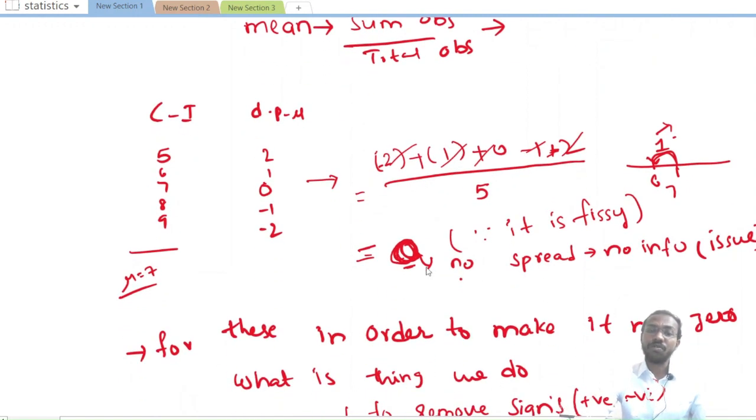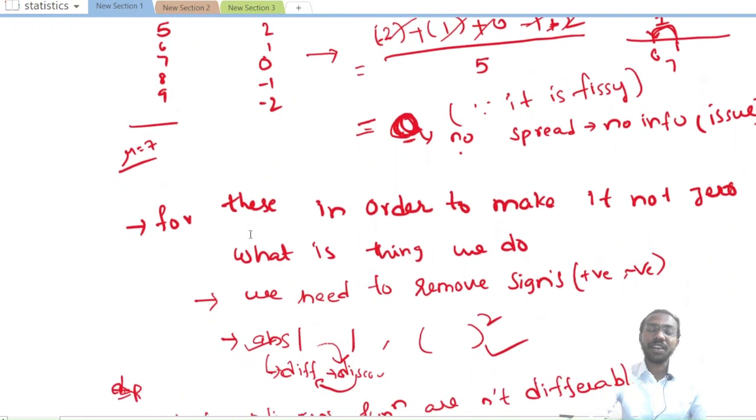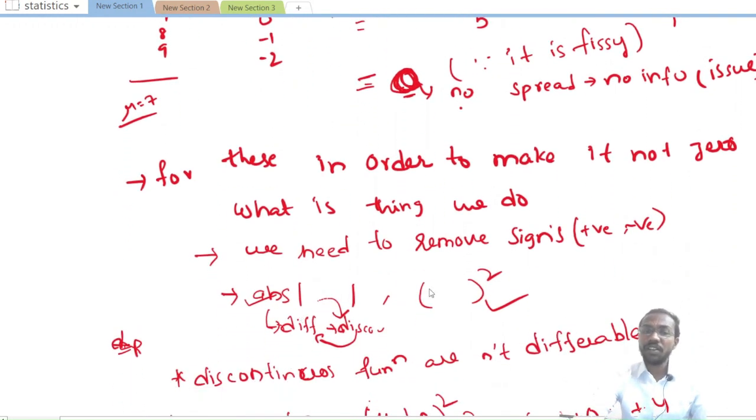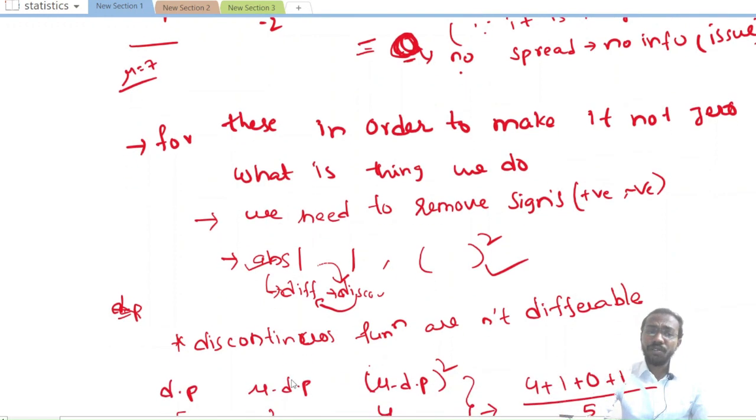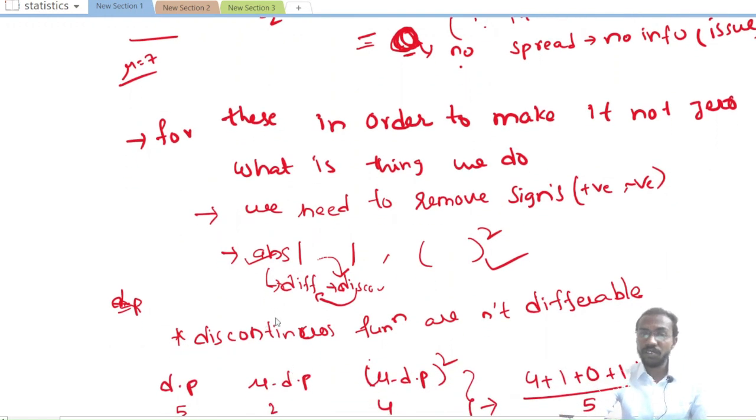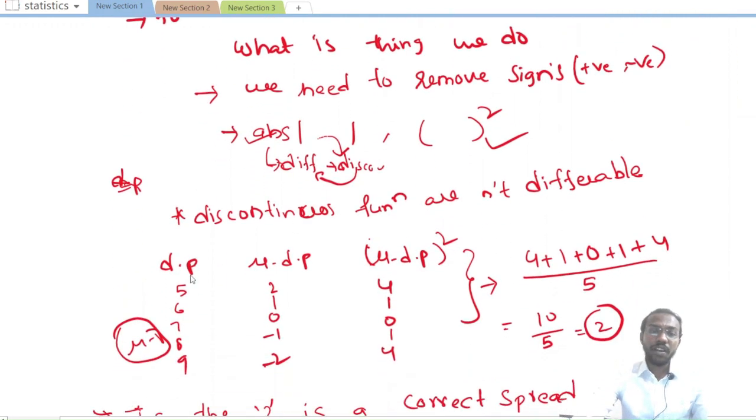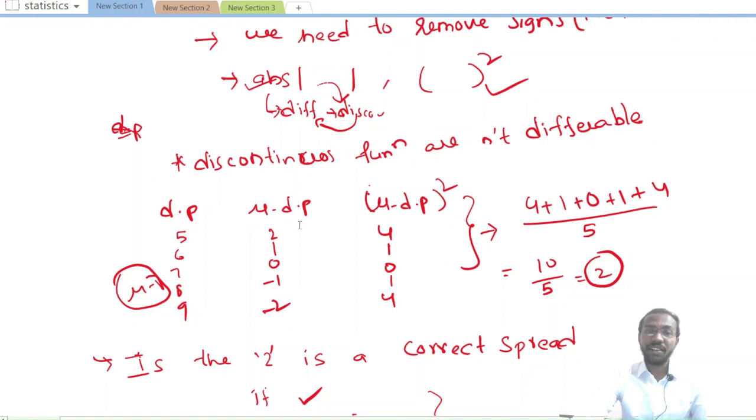रहे, बोले तो इस जीरो को जीरो नहीं बनना, बोले तो क्या करना, इधर साइंस बोलते हैं, चेंज करना। इधर साइंस को चेंज करने के लिए अपन लोग यहाँ पर एब्सोल्यूट भी ले सकते हैं, इधर स्क्वेयर भी कर सकते हैं अपन लोग। अगर एब्सोल्यूट लिए तो एब्सोल्यूट बोलते हैं डिसकंटिन्यूअस फंक्शन, ये डिसकंटिन्यूअस फंक्शन कभी भी डिफरेंशिएबल नहीं होता ना। अपन का डेटा ऐसा है, अपन का डेटा ऐसा रहने के बाद अपन लोग कैलकुलेट करें, समथिंग ऐसा आ गया। दैट्स व्हाई वी विल चूज द स्क्वायर, बोलते हैं कंटीन्यूअस फंक्शन है, डिफरेंशिएबल होता है। सो 4, 1, 4 आ